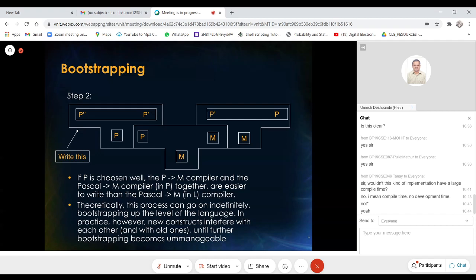If there are any questions from anybody, I request them to either unmute or type in the chat window. I'll pause for a minute here because this is a little non-intuitive, and this bootstrapping is something which surprises many: how we can write the first step. And now we will also see how the same programming language is actually used for implementing the compiler for that language itself.